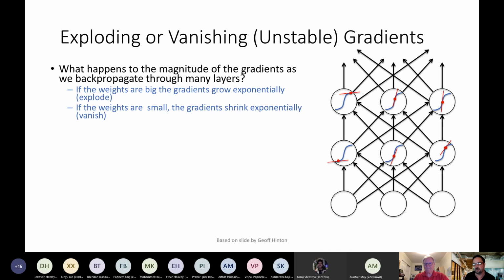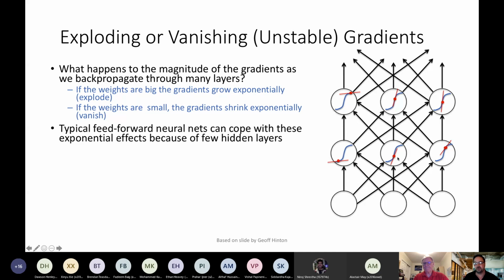Many very typical networks are 150 layers, so you can imagine that when we're talking about small weights or big weights, and these being multiplicative terms over the depth, these activations are going to get extremely large, a problem called exploding gradients, or very small, which is known as shrinking or vanishing gradients.